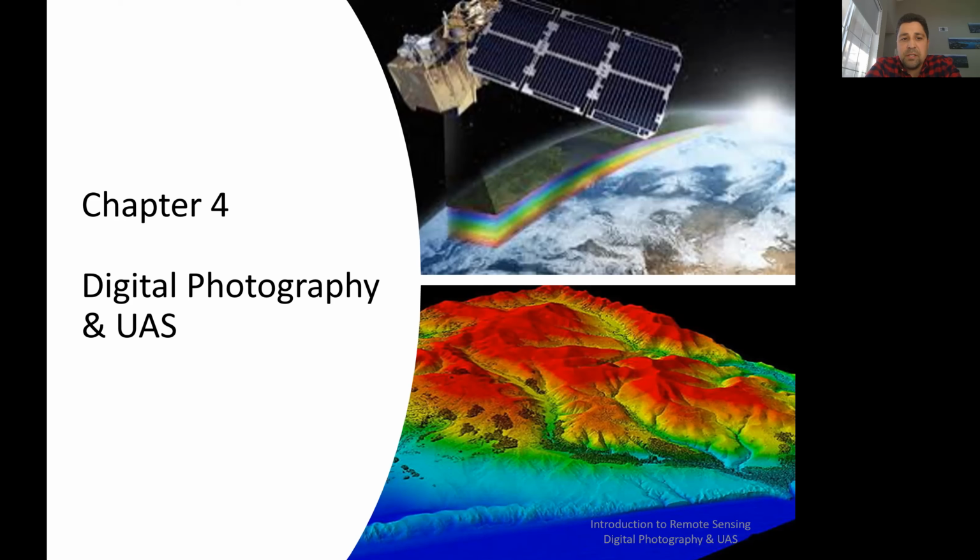We're here in Remote Sensing Intro course, and today we're going to talk about digital photography slash UAS, which stands for Unmanned Aircraft Systems, otherwise known as drones. So it's kind of a two-parter. The reason I fit drones into this is, essentially drones are going to take digital photography, and the lab in particular that I have for you guys uses drone images,